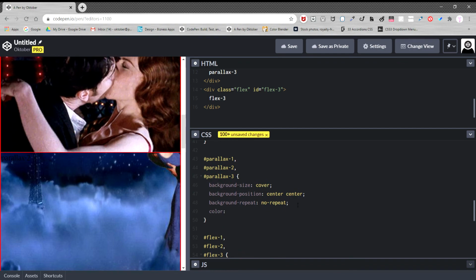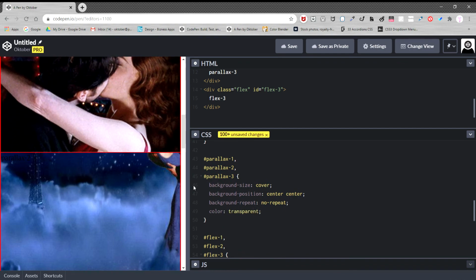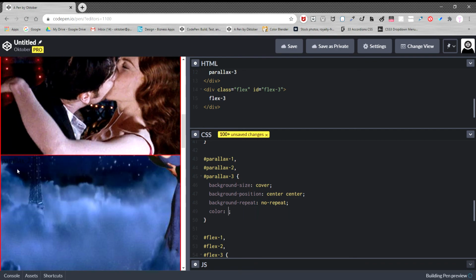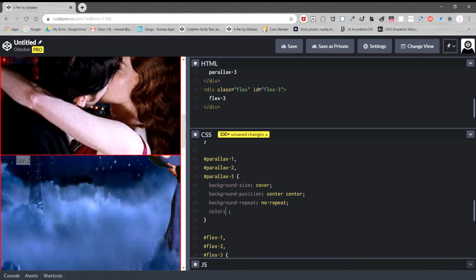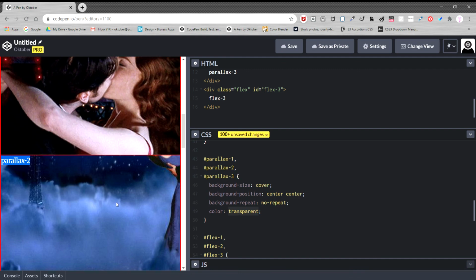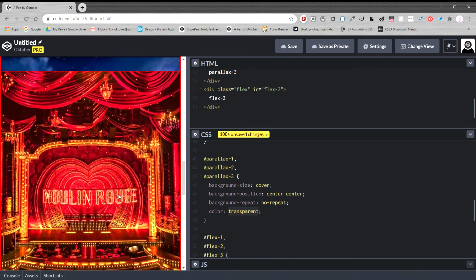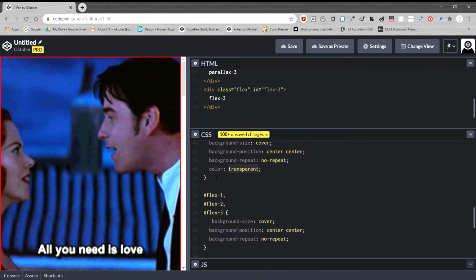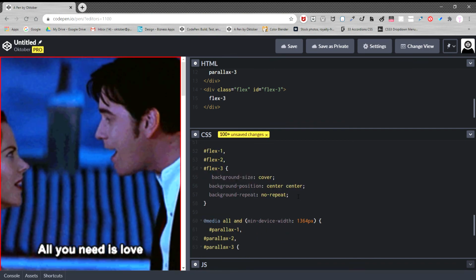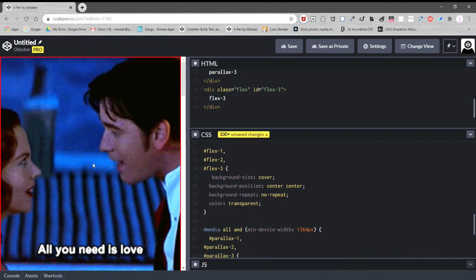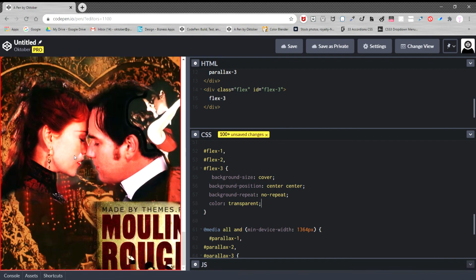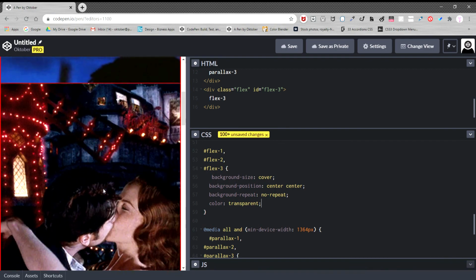And then, oh yeah, that's right here. Color, transparent. So that'll take off the, I mean, you can still do that and you'd see it, but just as an option, I guess. Color transparent. Yeah. So there's that. But I'm going to finish this video, but I hope that helps, and